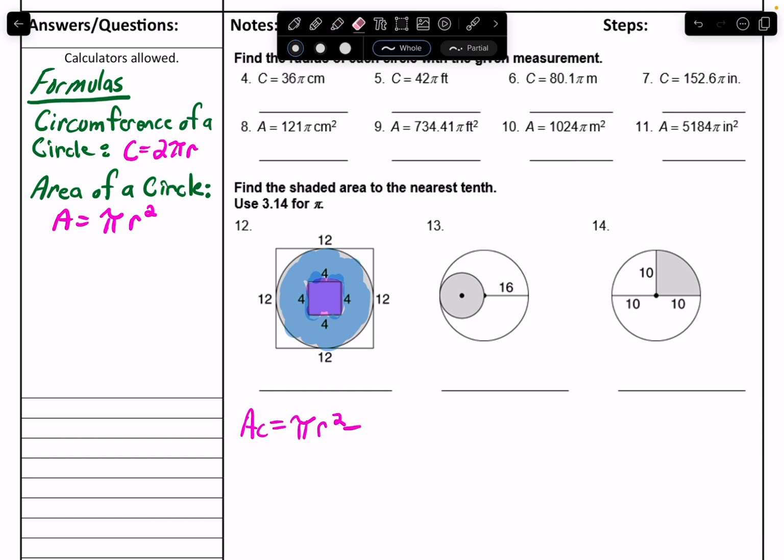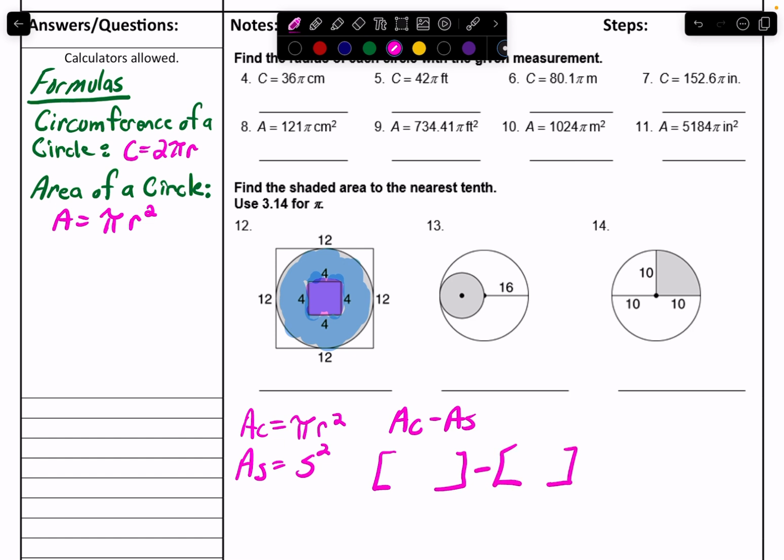So we got to subtract that out. So what we're going to do here, we're just using formulas right now. Area of the circle is pi r squared minus area of a square, which equals side squared. So we're going to take the area of the circle minus the area of the square. And so the area of the square is easy. The circle's different. So here's the area of the circle minus the area of the square. The circle is pi